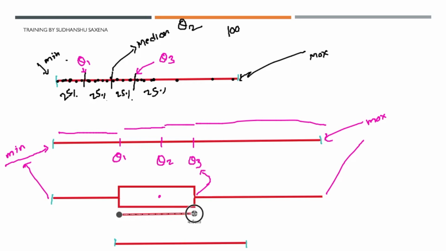This is your Q1 and this is your Q3, and Q3 minus Q1 is the interquartile range. And the interquartile range defines where the 50% of your